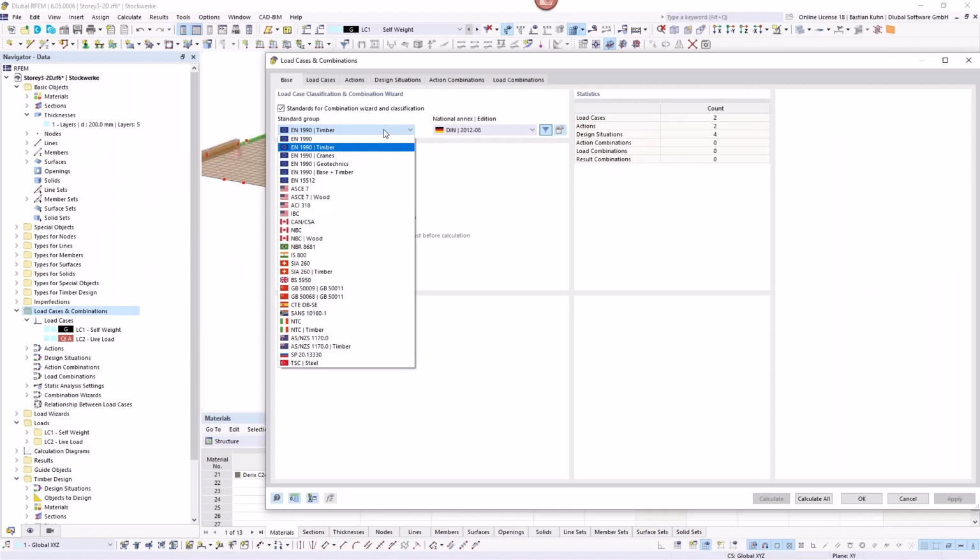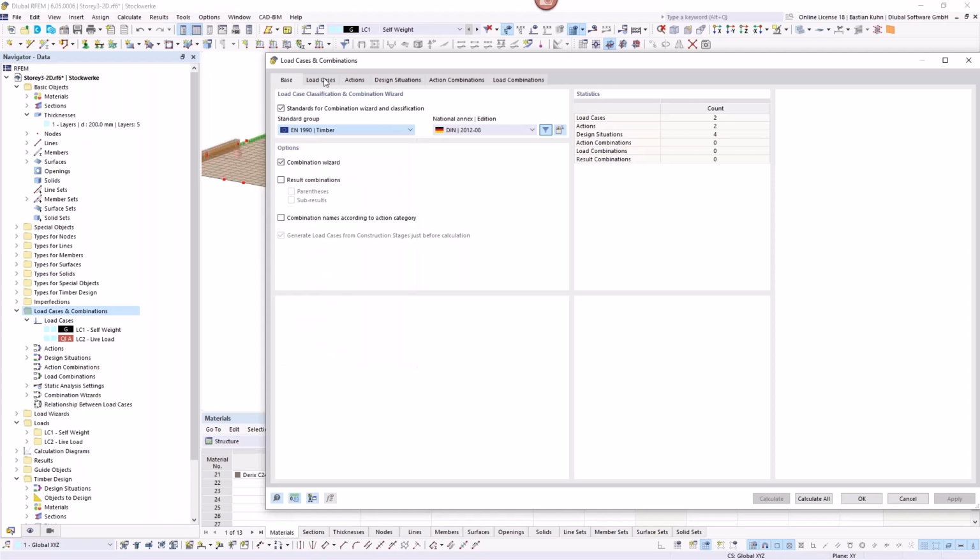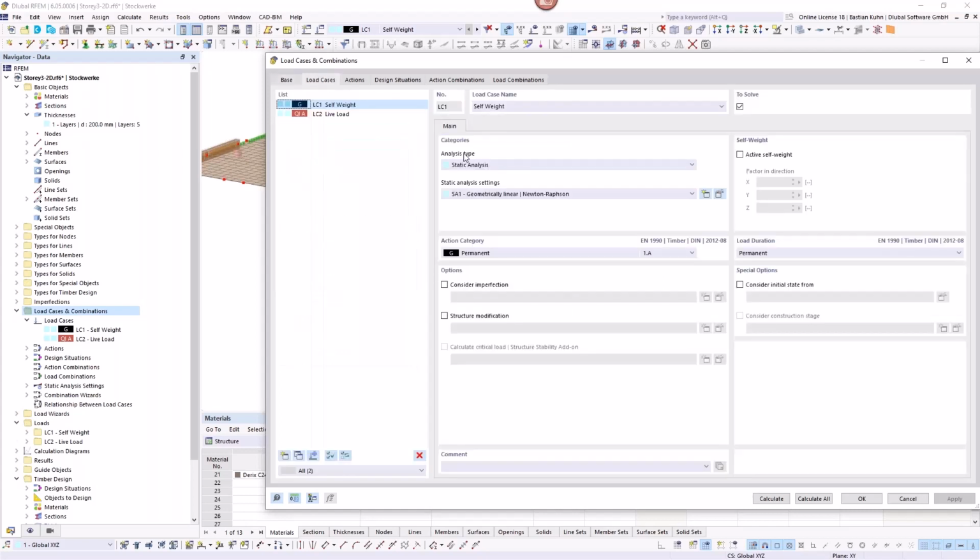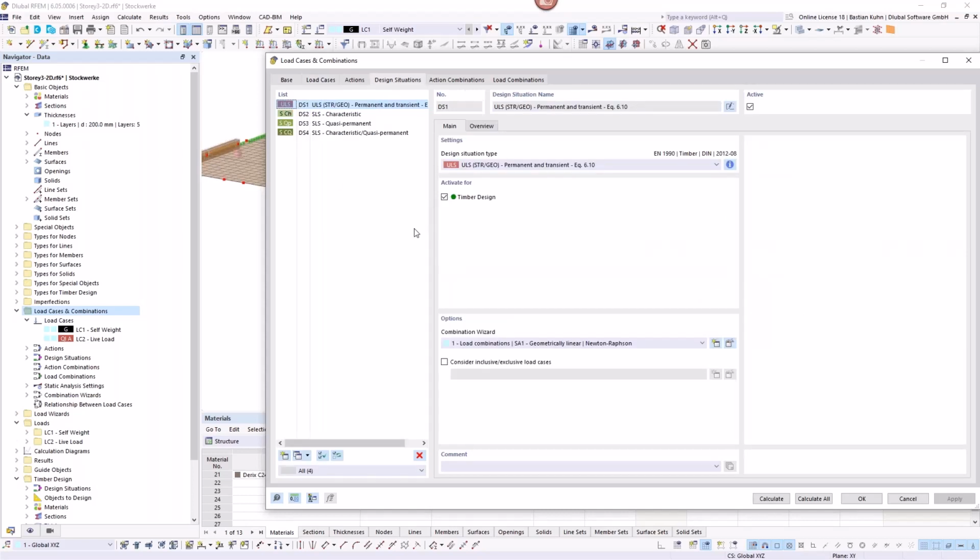Of course, a whole bunch of other annexes are possible, and a whole bunch of standards for any other country is possible here. Okay, once again, we have only load case 1 and 2 for the sake of simplification. Design situation is predefined with permanent for ultimate limit state,